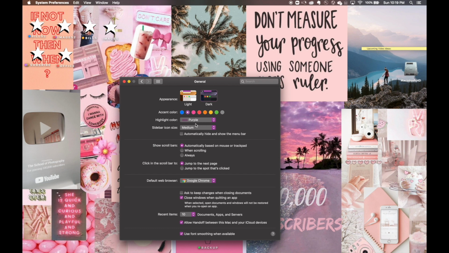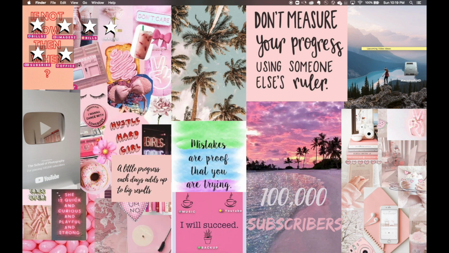Now highlight color, just notice these colors. When I highlight this folder, it changed to red. And suppose I change it to yellow for another example, now it's changed to yellow. I'm going to keep it pink because my laptop color theme is pink, purple and pastel colors. So yeah, play around with all these options and choose whatever you really want your laptop color theme to be. Hopefully this accent color helped you guys.